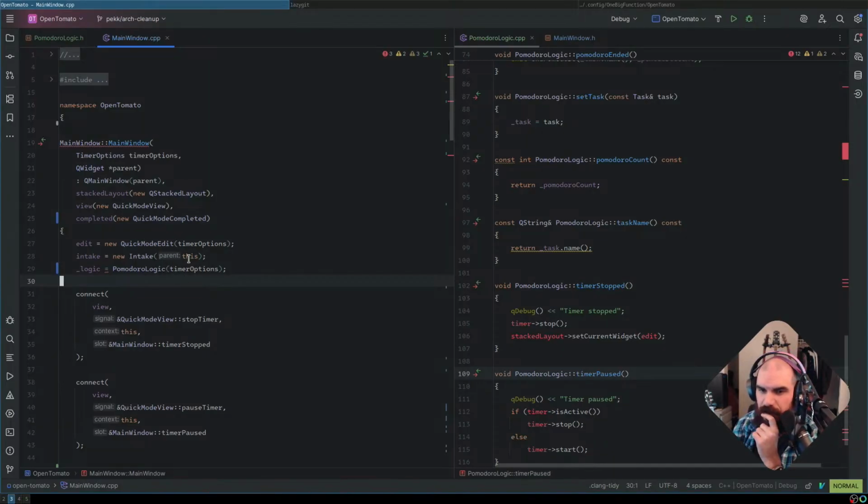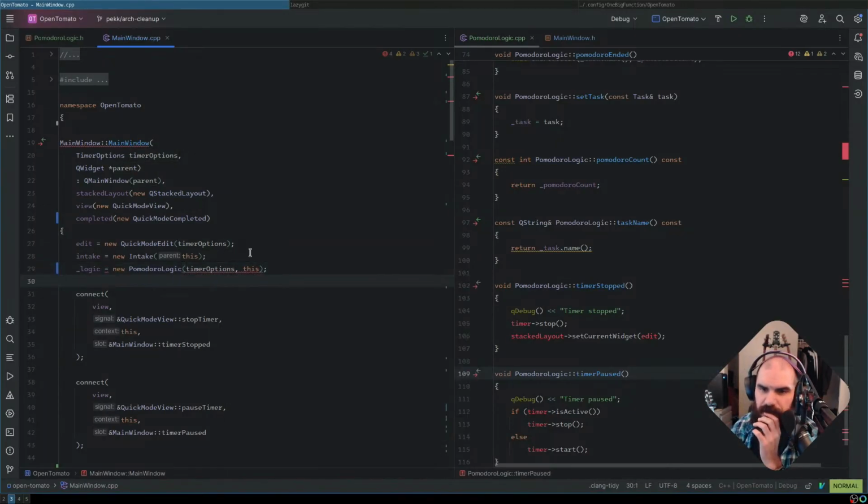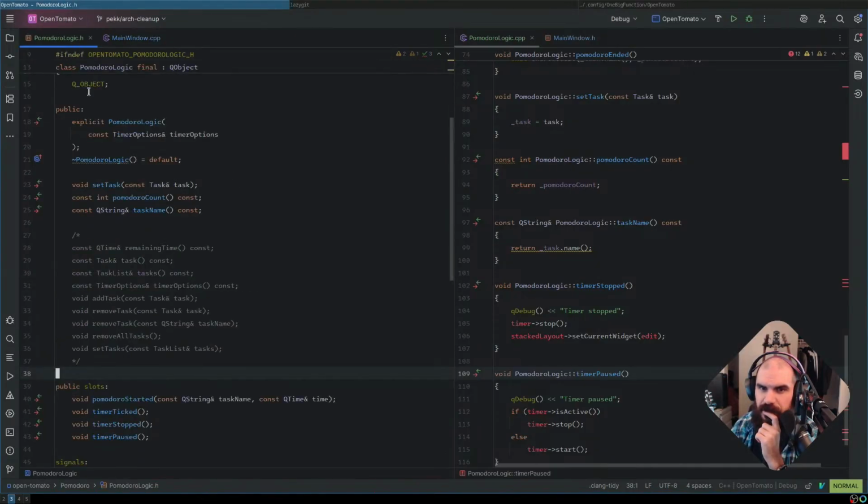This brings up a good point. So hold on, let's see what this is. Attempt to use deleted Pomodoro logic. I don't know what that means. But this may have to be a pointer. And that may not be an issue because we may give it a parent of this.